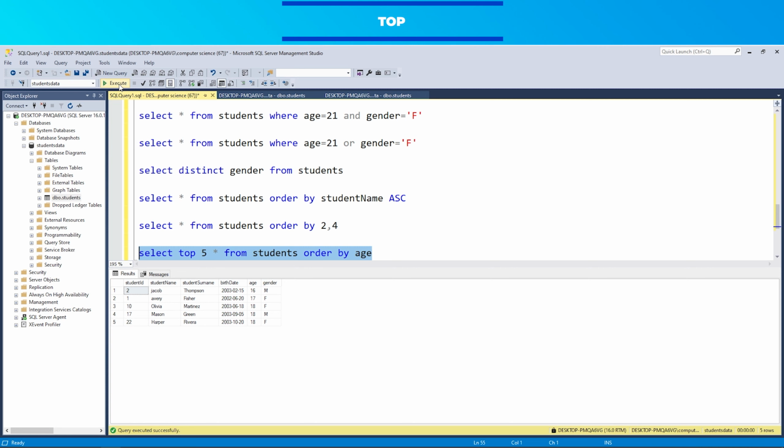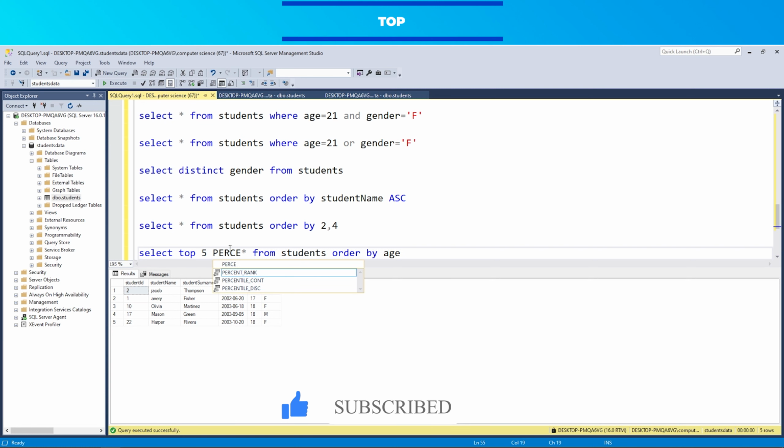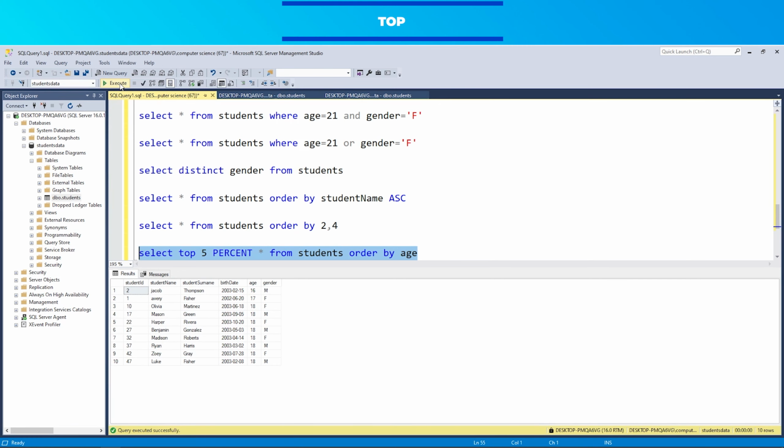In this case, after specifying the number of records with top, you add percent to indicate that you want to retrieve a percentage of the total records. For example, if you want to display 10% of the total records: select top 10 percent asterisk from students order by age. This will display 10% of the total records sorted by age.